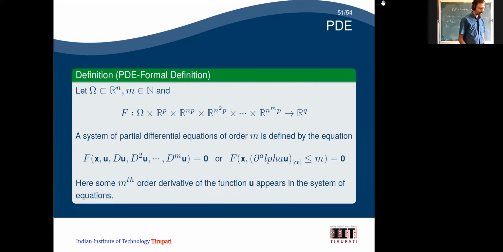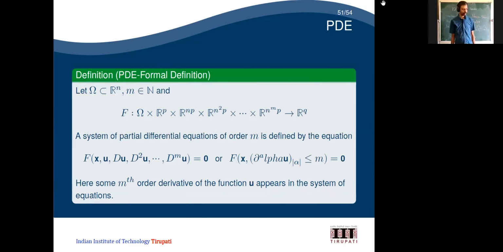Or simply you can define. So there is a typo here. It should be ∂ power alpha. I think I made a mistake in the typing. Okay, ∂ power alpha into u, that I am just defining here. Or simply I can just define ∂ power alpha suffix alpha. So these are different notations in different ways.